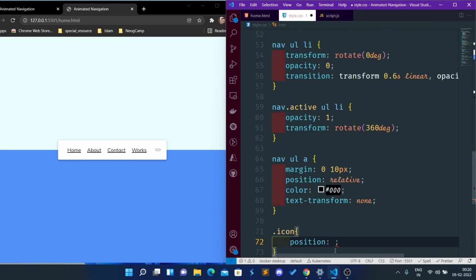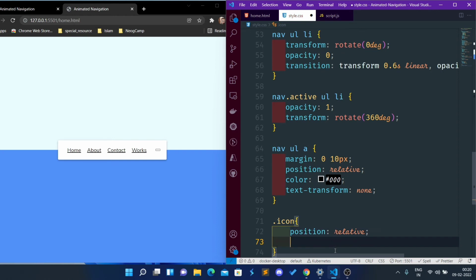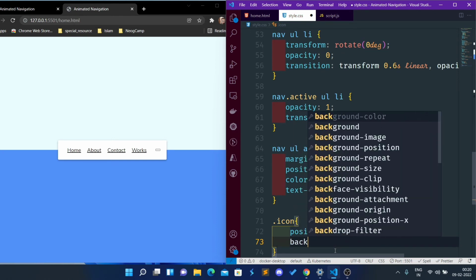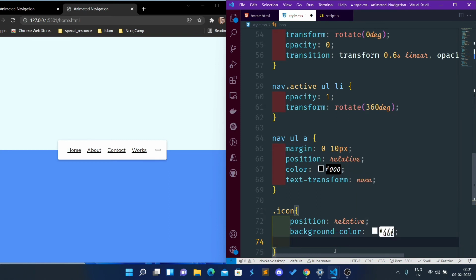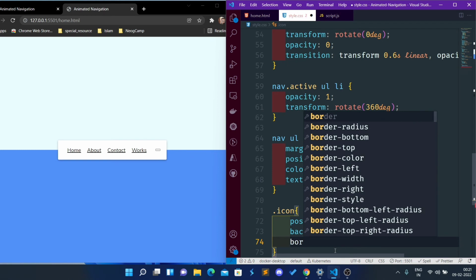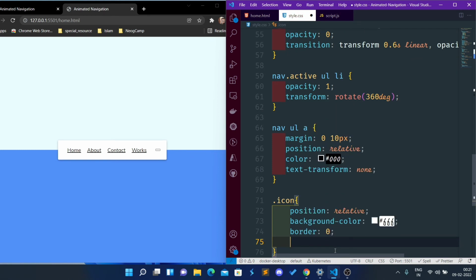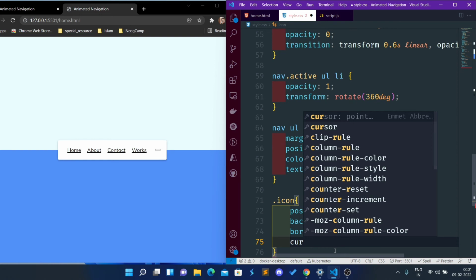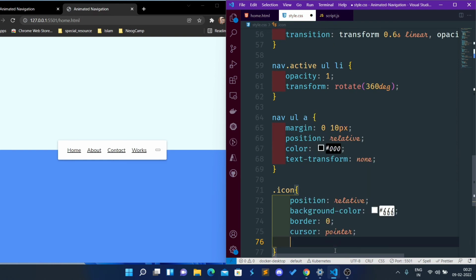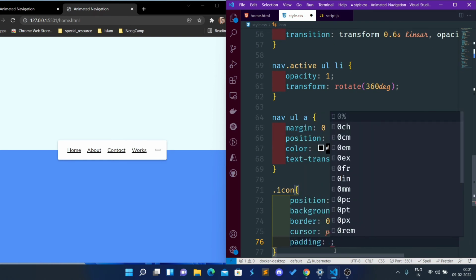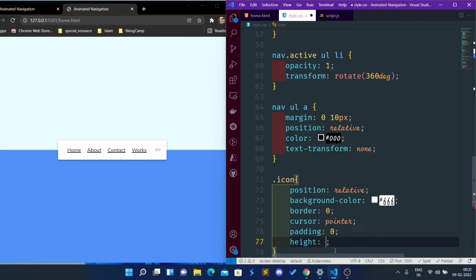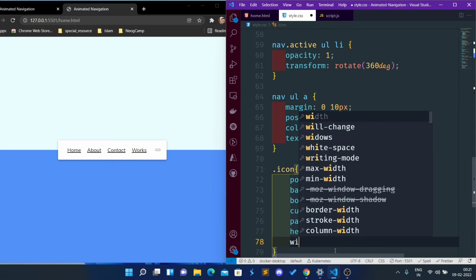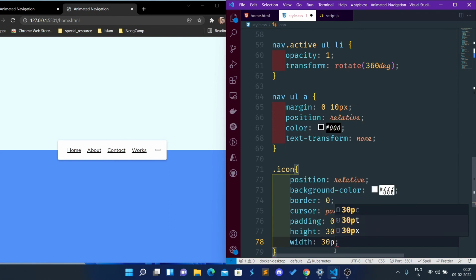Okay, so let's make it relative. Let's give some background color of white, and let's remove the border to 0, and let's give the cursor pointer, let's give some padding of 0, and let's give some height of 30 pixel and width of 30 pixel. Okay,